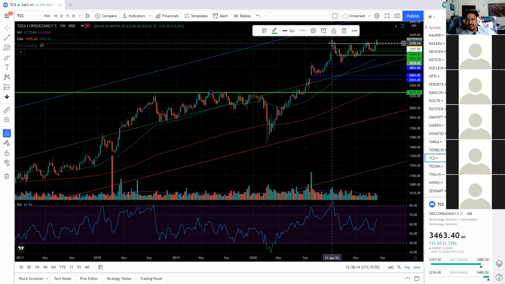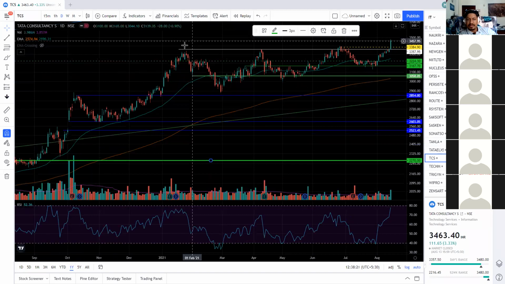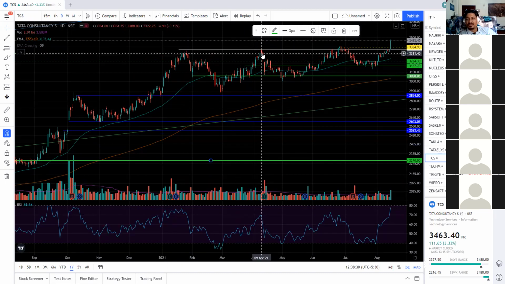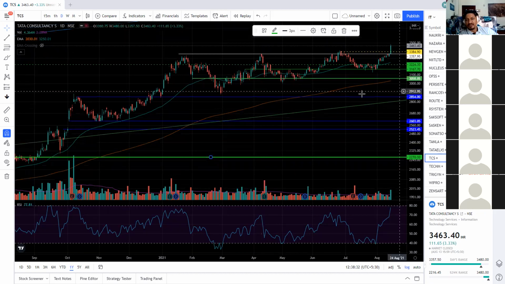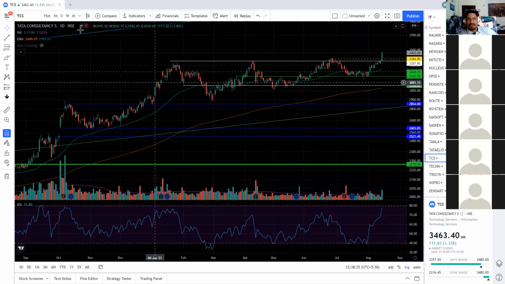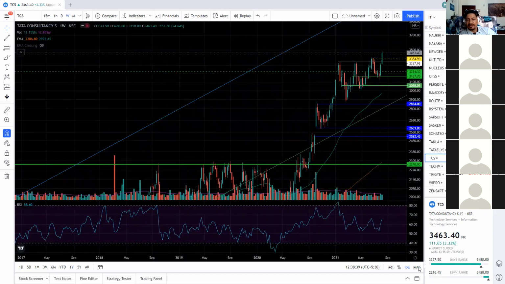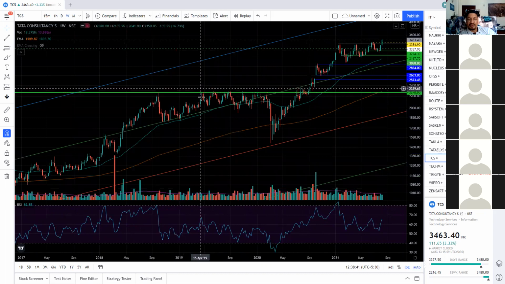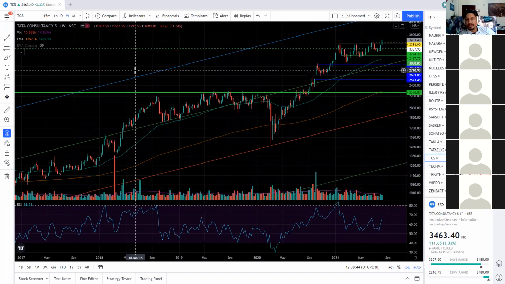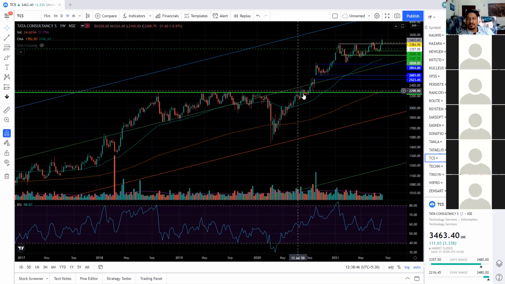So when it made a peak here once and again took the resistance here, let's go to the daily chart. When it made a peak here and once again got rejected, now we should be very careful that I will reduce my allocation, or at least I will not do a new allocation here. Because we never know, like 2018, once this high was made and got rejected once, you never know how many years it will take to surpass this.